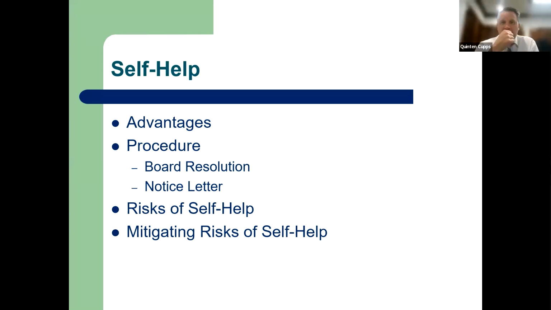This is an option that's 100% governed by your CC&Rs. And what I mean by self-help is there's going to be a provision in your CC&Rs if you have it. It's usually in the enforcement section towards the end. It might be buried in the maintenance provisions in your documents. But it essentially says that in the event an owner fails to comply with the CC&Rs, the association is given the right to go onto that owner's property and bring the property into compliance and possibly charge that cost back to the homeowner. There's different variations of this language, but that's essentially what it says in most cases.